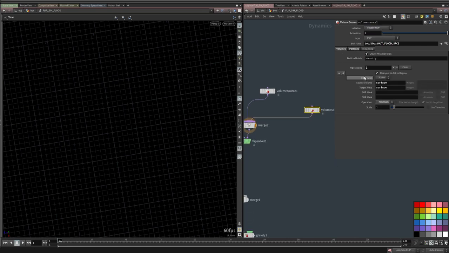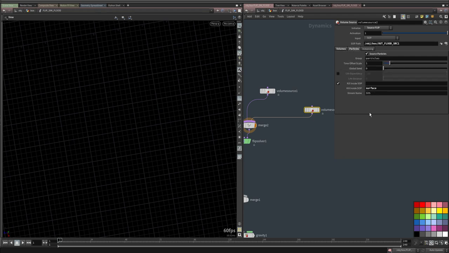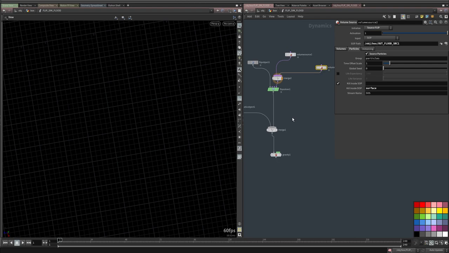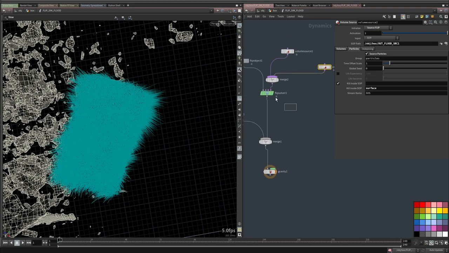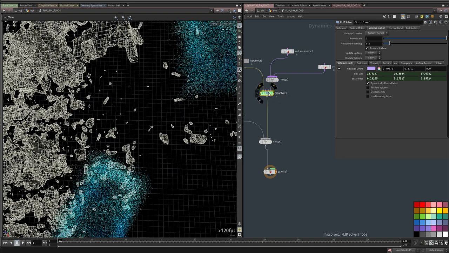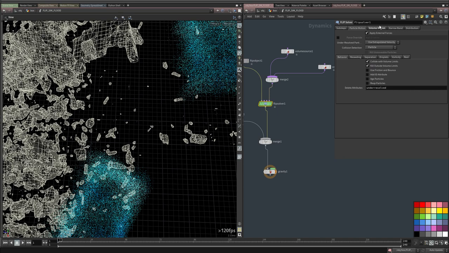And as you can see, we have the surface field. We're not going to change that, but inside here, this is where the particles are coming in. We can decide to turn sources on and off if we wanted to. So if we want to have them emit for 10 frames and then stop, we could key the activation there. Now, in terms of the flip source, the flip solver itself, there's quite a bit of options to tweak, and